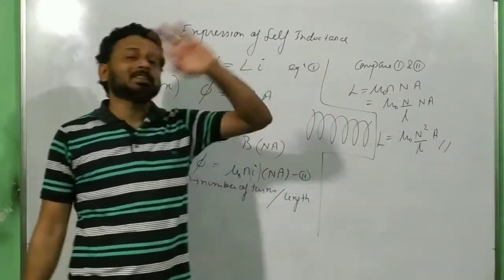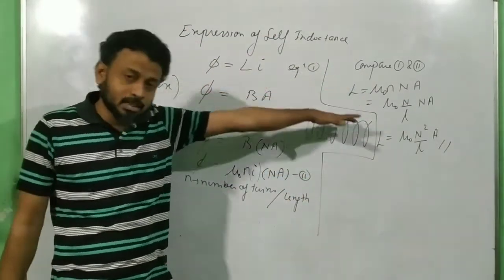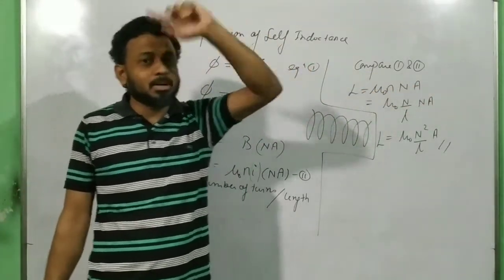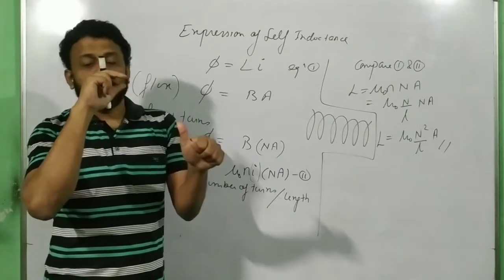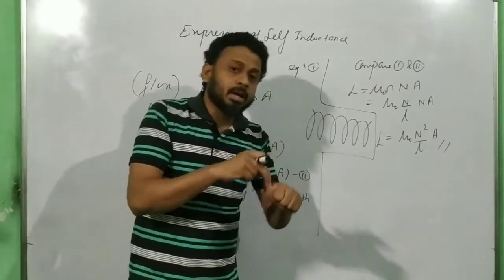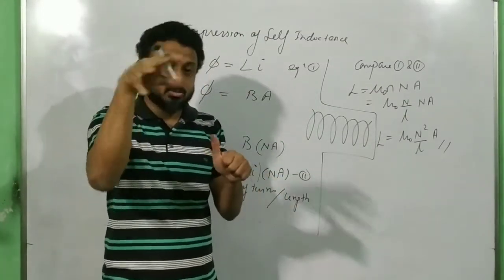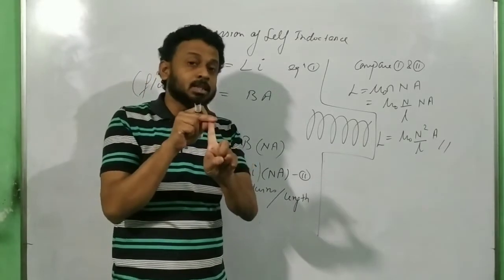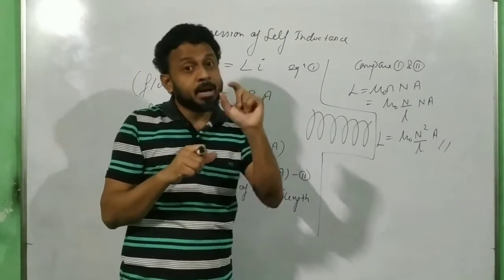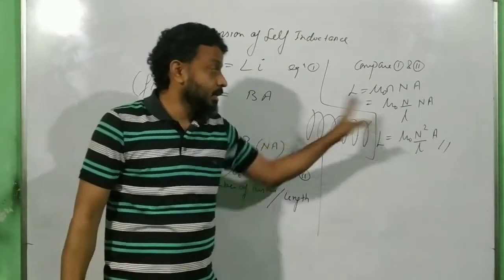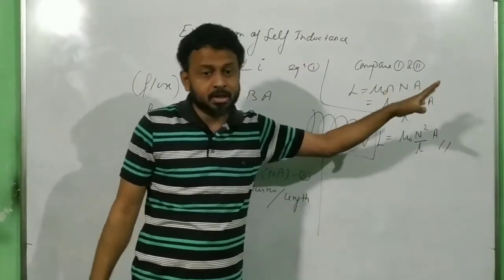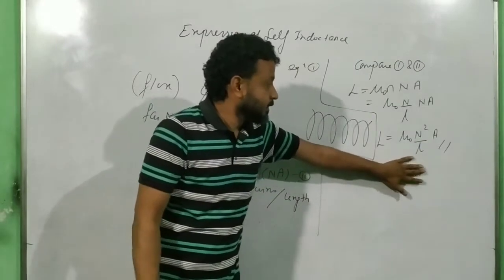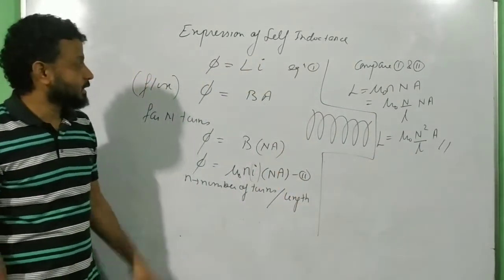You might be wondering what exactly these geometrical parameters are. Just remember resistance, R equals rho L by A, geometrical parameters. Capacitance C equals epsilon naught A by D, geometrical parameters. Inductance is mu naught N square L by A, geometrical parameters. So this is the formula for inductance. These are all electrical formulas.